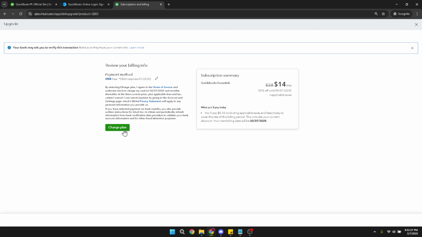Remember, upgrading can greatly enhance the tools and tracking capabilities available to you, helping you to manage your